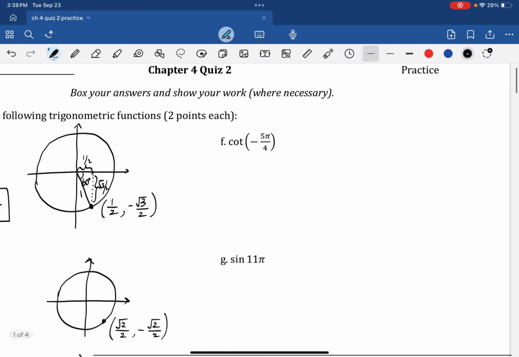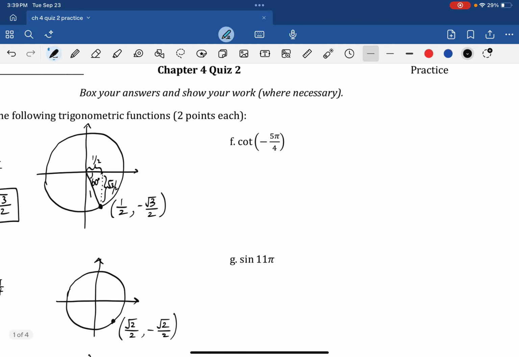Next, on the right side now, cotangent of negative 5 pi over 4. All right, well, negative 5 pi over 4 is just, there are different ways you could do this. You could either add 2 pi and you would get the same coterminal angle and the cotangent would not change. Or you could just do negative 5 pi over 4 is just negative pi and then minus another pi over 4. So this will be the equivalent